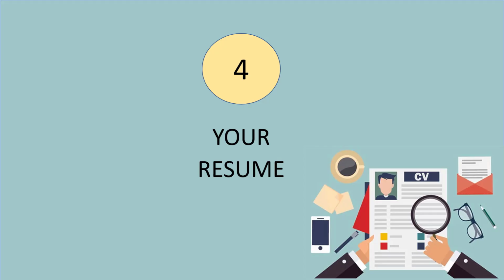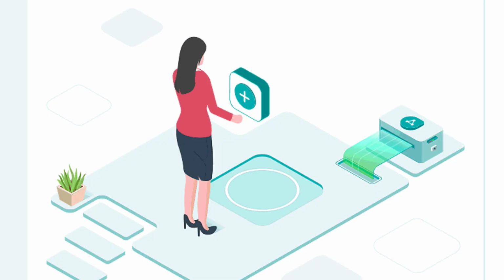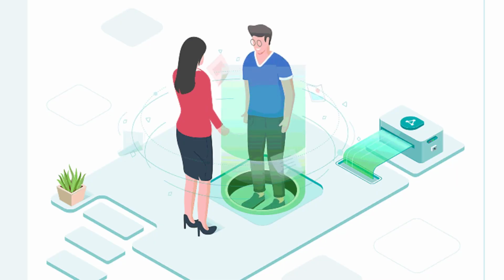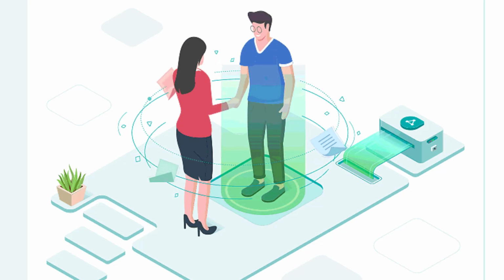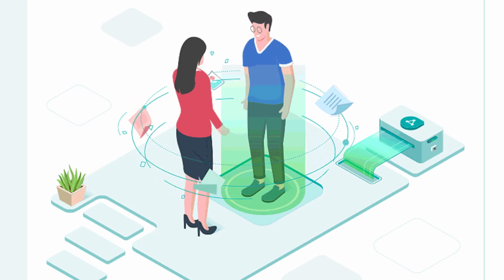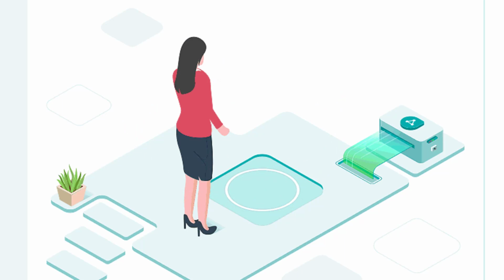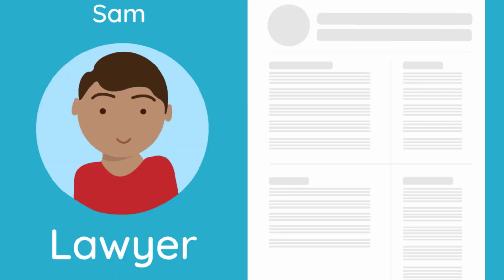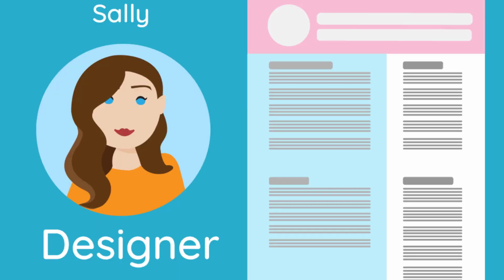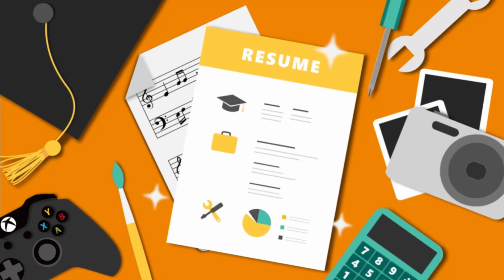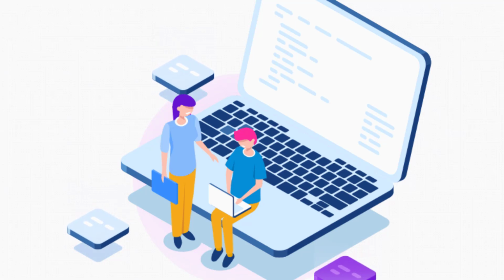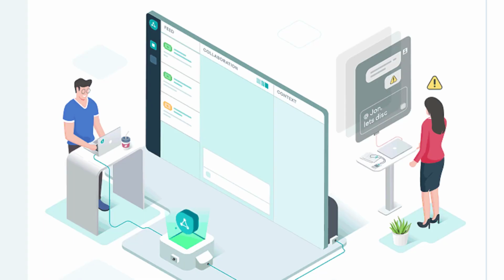Tip number 4, your resume. This is the most important among all the above tips. In these times where all the processes are getting automated and AI driven, the resumes that you send might not always be read by humans. Even if they are, you have to make sure that you tailor it before you apply for a new job. And it's the one piece of advice to rule them all. By tailoring your resume to the job description, you signal to the employer that your experience is relevant and that you're the right person for the job.